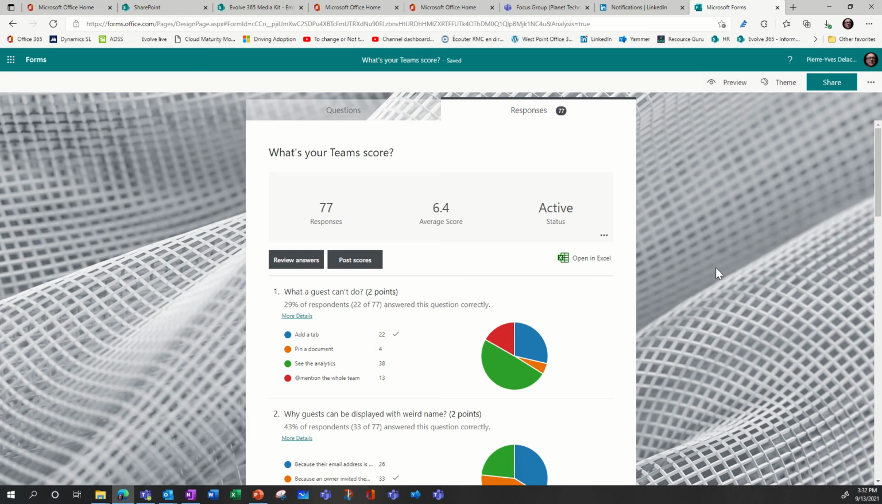Last week I shared a survey, a quiz actually, with my different networks, and I want to share the results so far, and it's interesting to see some of the results. So first of all, as you can see, there were 77 respondents, and the average score is really surprising because it's 6.4 on 20. So the grade is not super good, and so I want to walk you through the